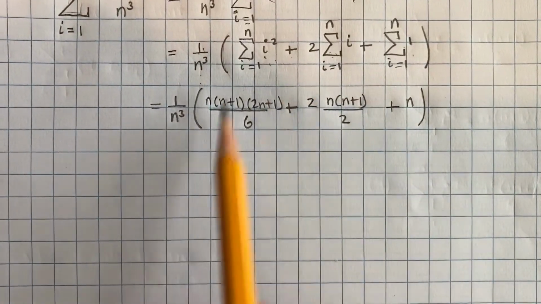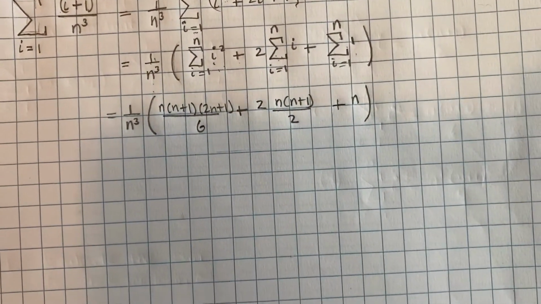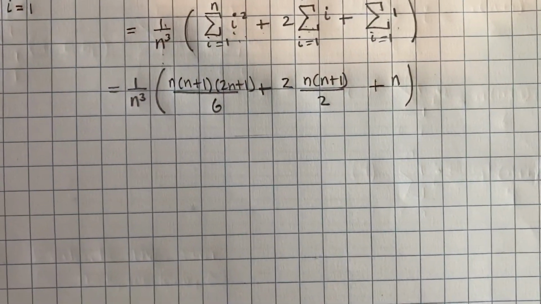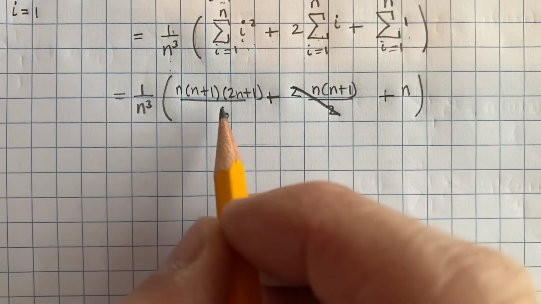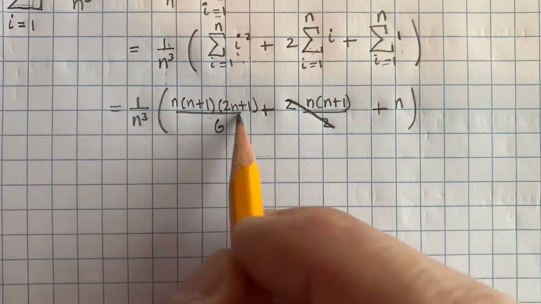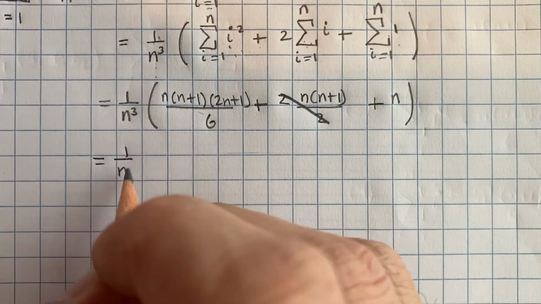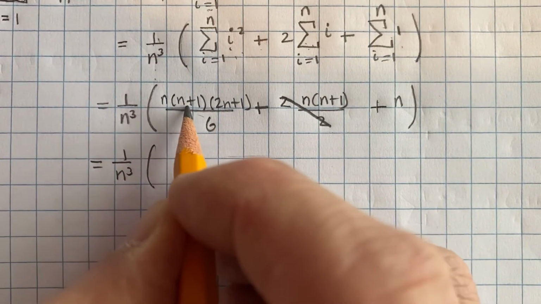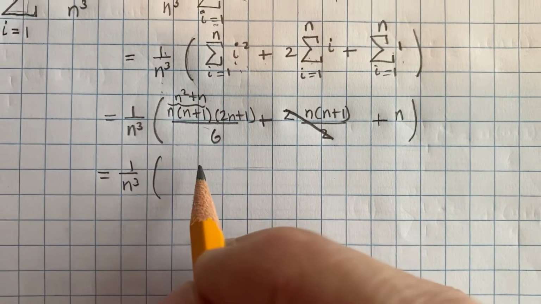You need to combine it into a single rational function. And if your algebra skills are strong, this shouldn't be super difficult. Okay, so let's finish this problem here. These 2's are going to cancel out. I would do a little foiling here. So 1 over n cubed, you're going to get n. This guy right here is n squared plus n. And